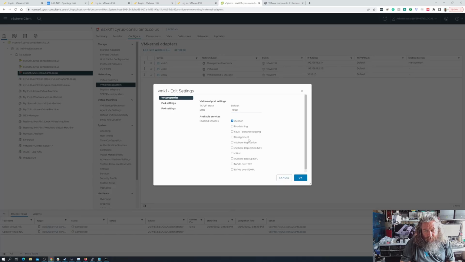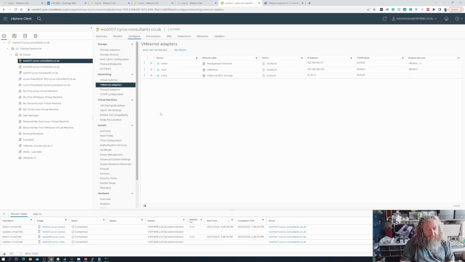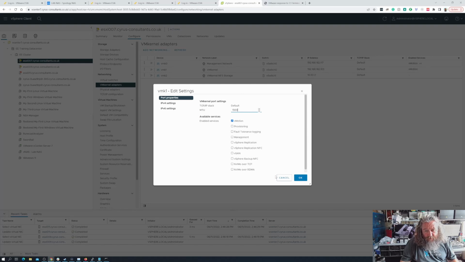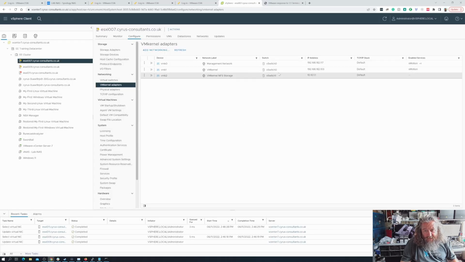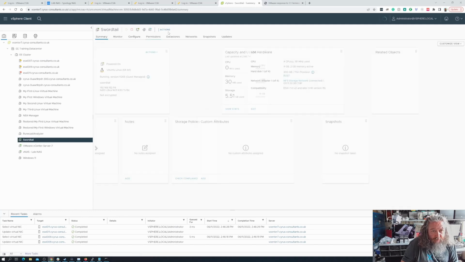I'm going to say vMotion is enabled on there. I'm just going to check that obviously our VM kernels need to be able to talk to one another, and vMotion is already enabled on that particular VM kernel. So I should be able to migrate,